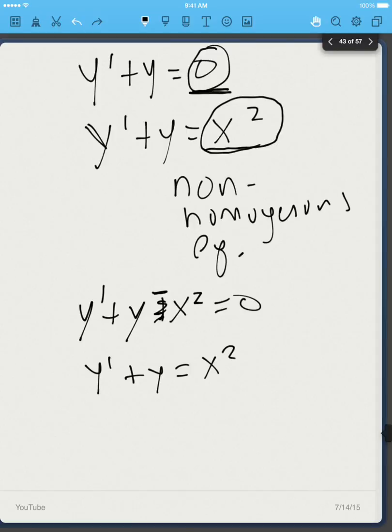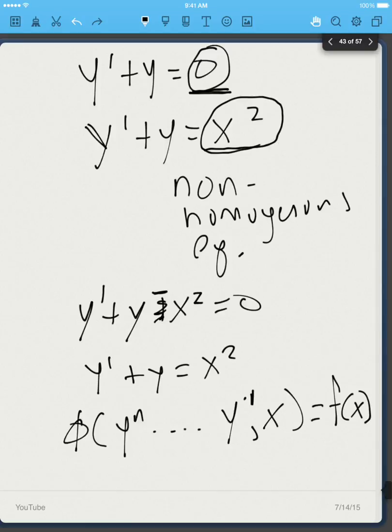So pretty much, if you look at the equation, if you can write an ODE as a function of all of our derivatives up to the first derivative, and x, and we can write that as being equal to a function,